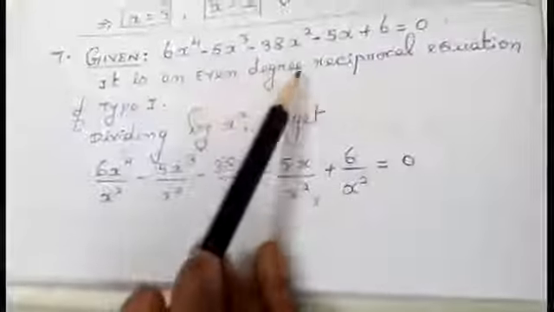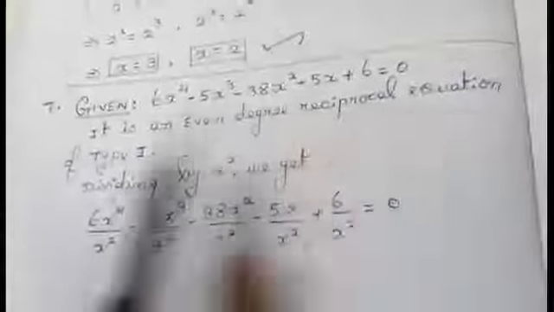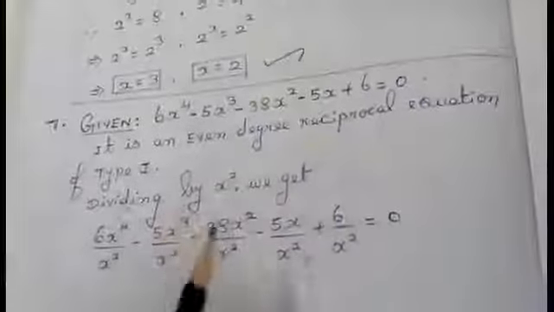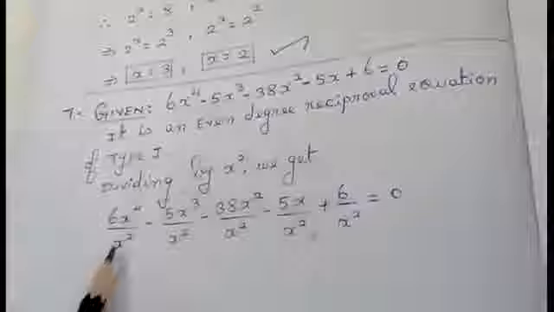It is an even degree reciprocal equation of type 1. So, we only just saw the concept. What is the concept I told you? Even degree reciprocal equation. So, we are going to use that condition. What I am going to do is divide by x square, dividing each term by x square. Just see, students, how I am dividing the terms. After dividing,